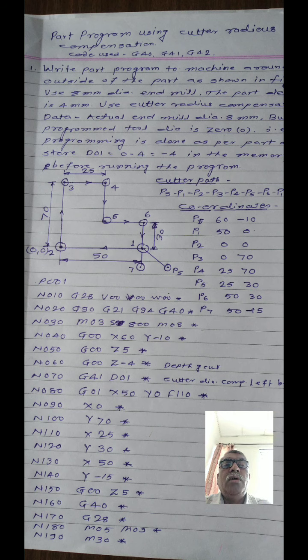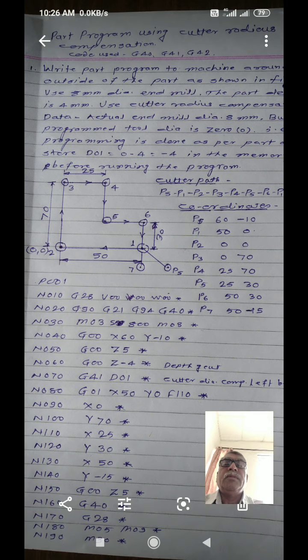We can solve one problem by considering the cutter compensation. Is it okay? First, do you understand what cutter compensation is? In simple words, while developing the tool path or cutter path, it is not necessary to consider the radius of the cutter. You have to ignore that radius and develop the cutter path according to the basic dimensions of the job. We will explain this cutter compensation concept with an example.